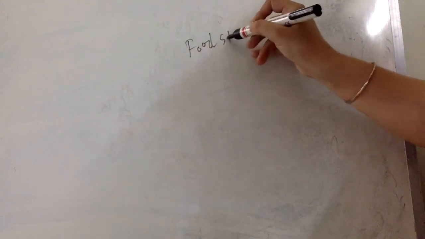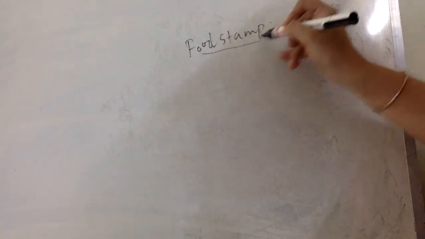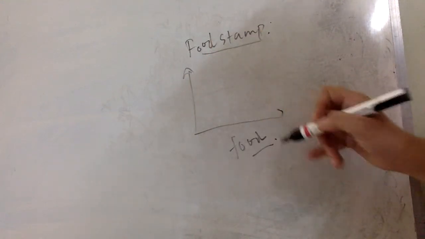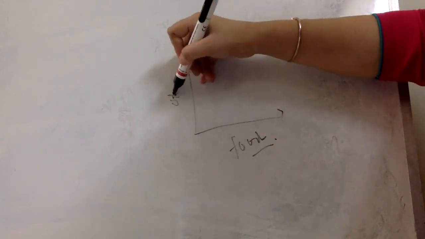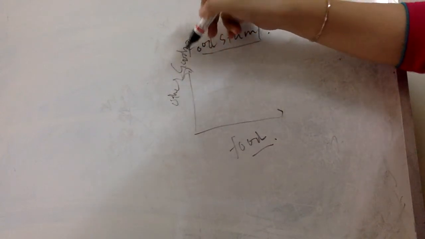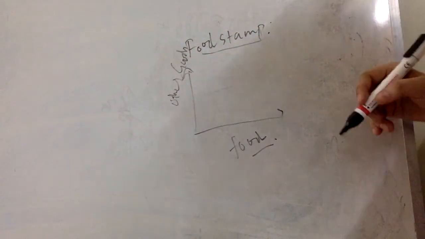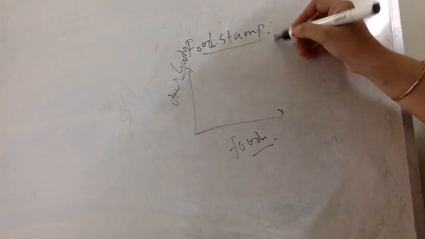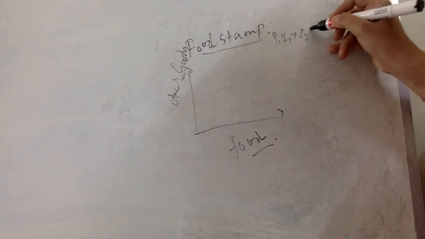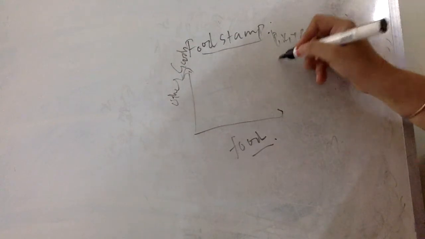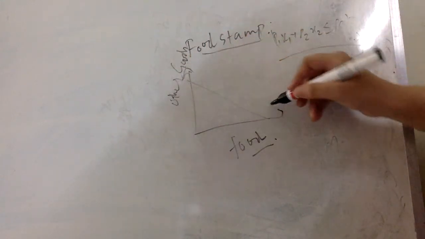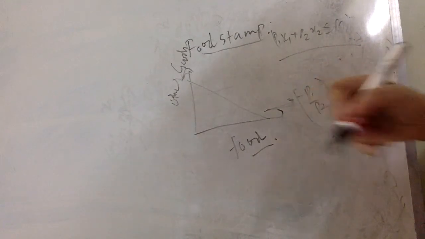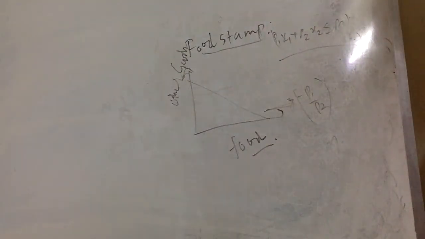Now the government proposes this food stamp. Suppose I have food plotted on the x-axis and the other goods plotted on the y-axis. When there is no subsidy given, I have a normal budget line, in which P1 x1 plus P2 x2 denotes my budget line, a downward sloping line with slope minus P1 by P2. This is something we have just discussed, and also in the previous lecture.